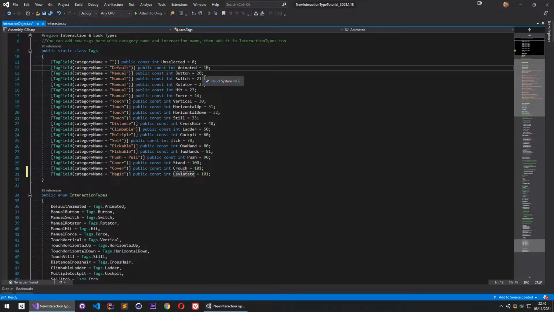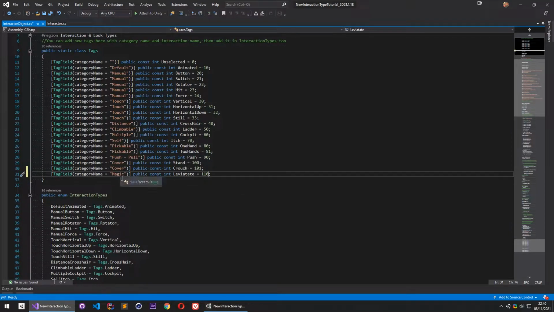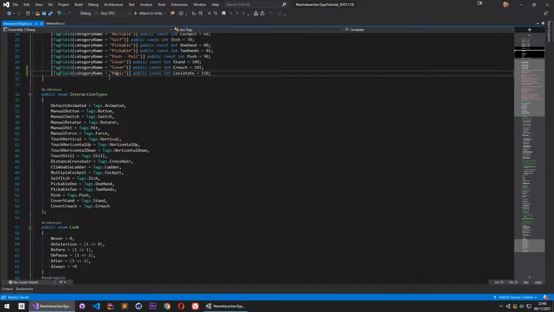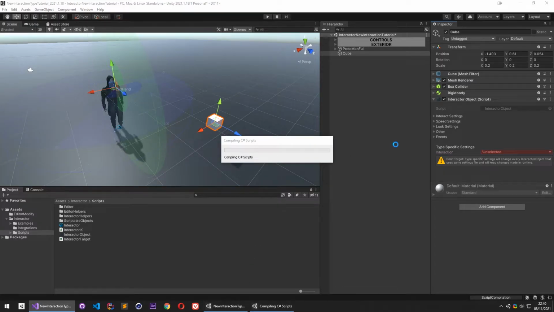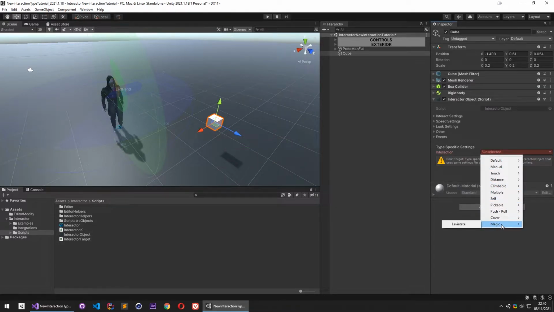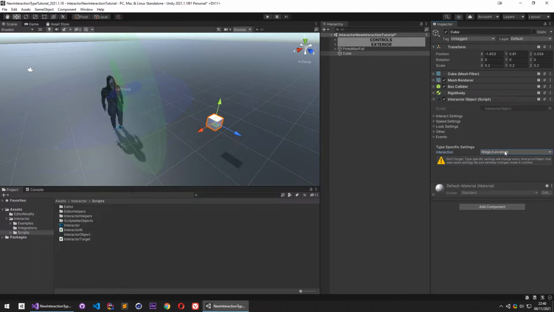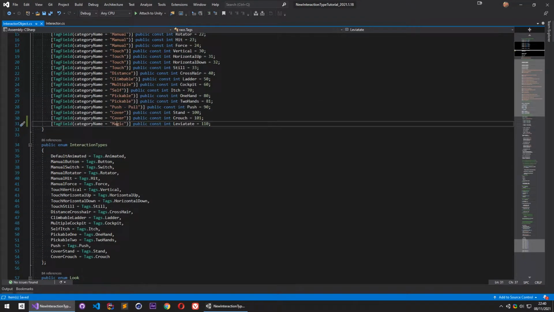As you can see, they all have some int values, and I just grouped them in intervals of 10. So the manuals start from 20 and they can go up to 30. I will give a value of 110 for the magic. Then when I save and go back to the interactor object, as you can see, it is right over here and it is selectable,